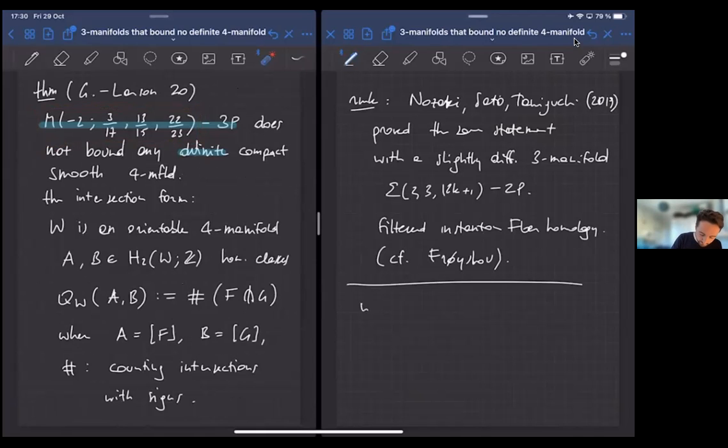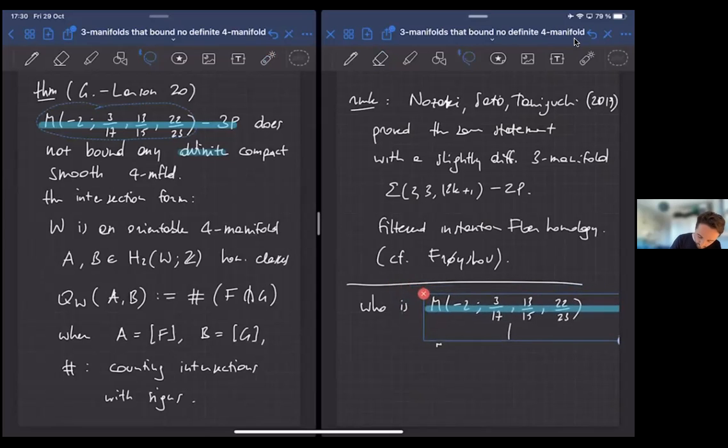So who is this person? Well, this is a Seifert fibered